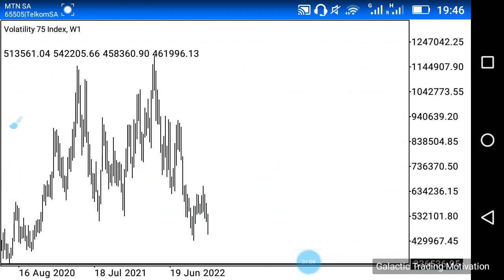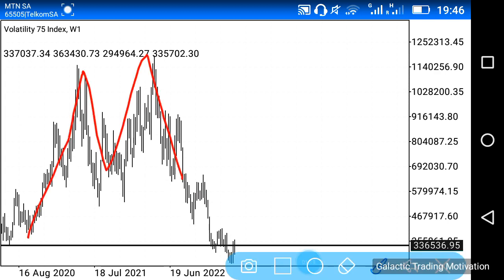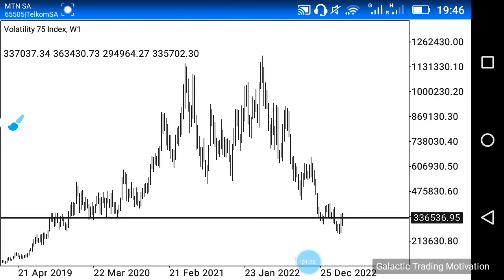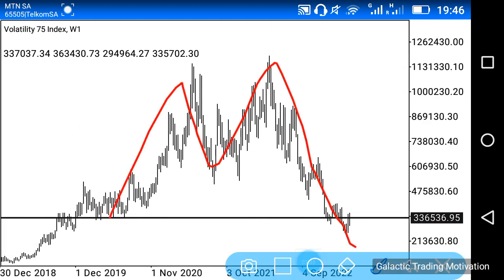Another thing that I also want to mention is that previously I'd spoken about how we have this huge M structure, and that as much as the market is at a very strong level of support at this point in time, my bias is for the market to continue to move further down, because I believe that this M structure over here, right, should end somewhere around this area over here, because that's more or less where it started, in my humble opinion, right? So I would love to see the market push further down to around this area.